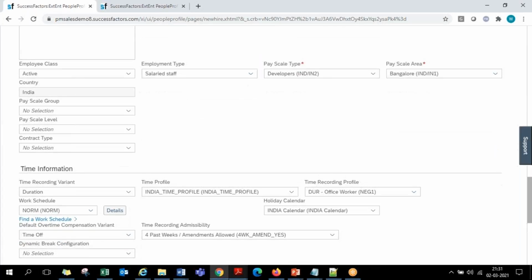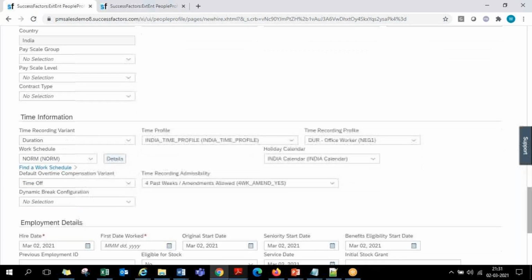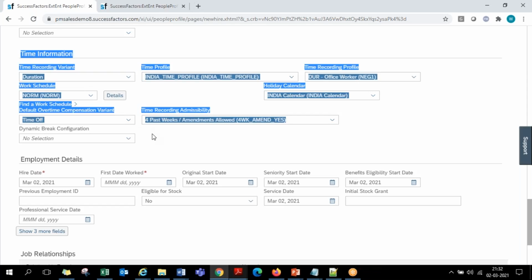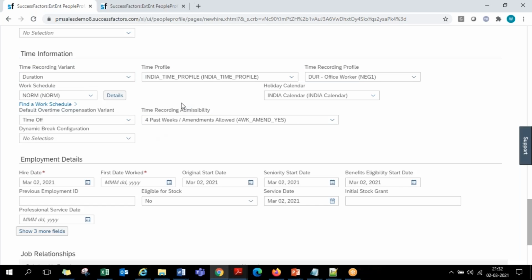And then I'm just concentrating on the mandatory fields here. This is the time related part: whenever you're hiring an employee, what is the working pattern of the employee, and what is the set of leaves that the employee will be eligible for. In those terms, we'll be filling these fields. If you don't understand these fields at this point, when we are discussing the time concept, we'll come back and see. Holiday calendar, employee work schedule, a few things like this will be there, which we'll discuss at that point.